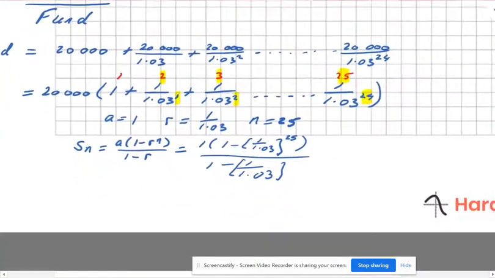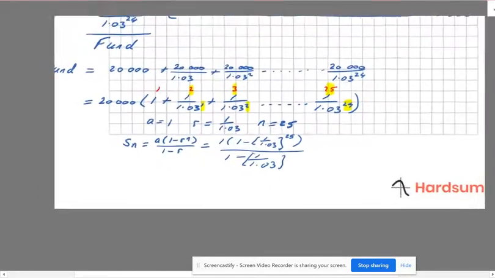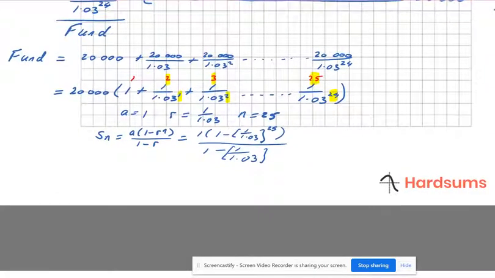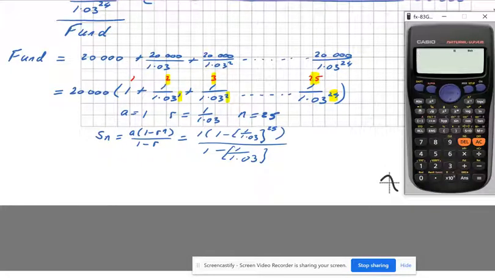Okay, so now let's work that out. It turns out that there's a shortcut for working that out as well. The shortcut on the calculator is to get that fraction first. So type in your fraction on its own first: 1 divided by 1.03. Hit the equals button. Now that's saved under ANS, answer, beside equals, so the next time around we don't have to put it in again. Now just put in 1 minus answer to the power of 25, divided by 1 minus answer. And you get